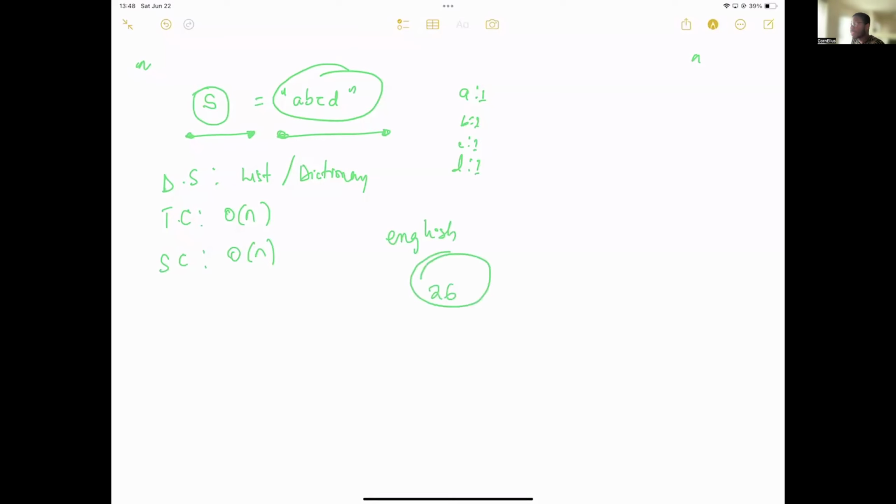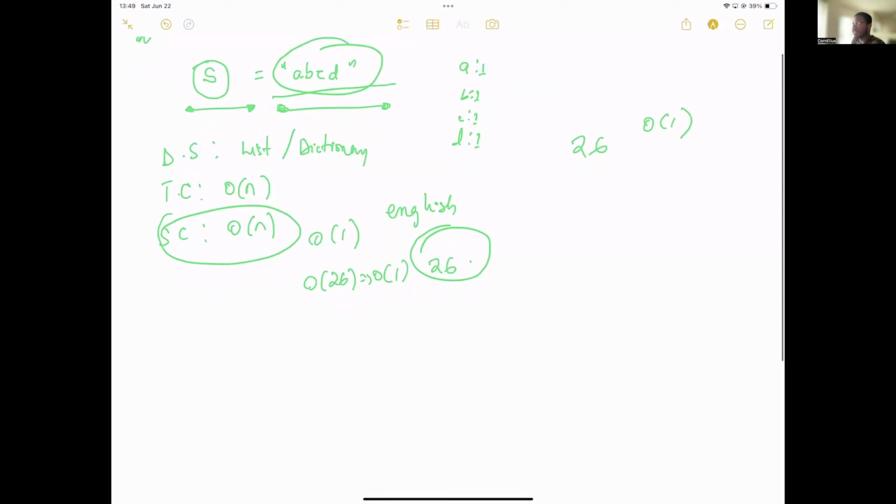It means that no matter what, you always loop through the string. No matter what, the size of your dictionary will always be 26. So it makes it what? Constant time. So the space becomes O of 1. Does that make sense? It's actually O of 26, but that is same as what? O of 1. So when the characters you'll be considering are bound, they are fixed, it becomes constant time.